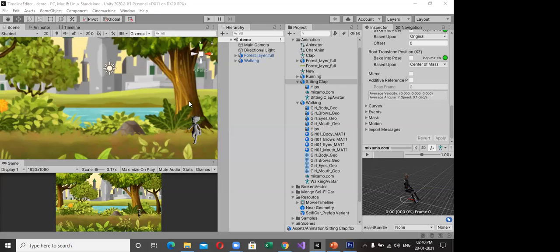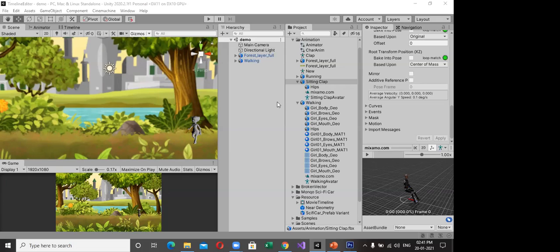The simple way I told you: one animation is walk, another animation is sit and clap. Now we want walk and clap, run and clap. So using this layer mask, we mix sit and clap with the walk animation to create one new animation, walk and clap. That's the way we reduce our file size and our working time also.